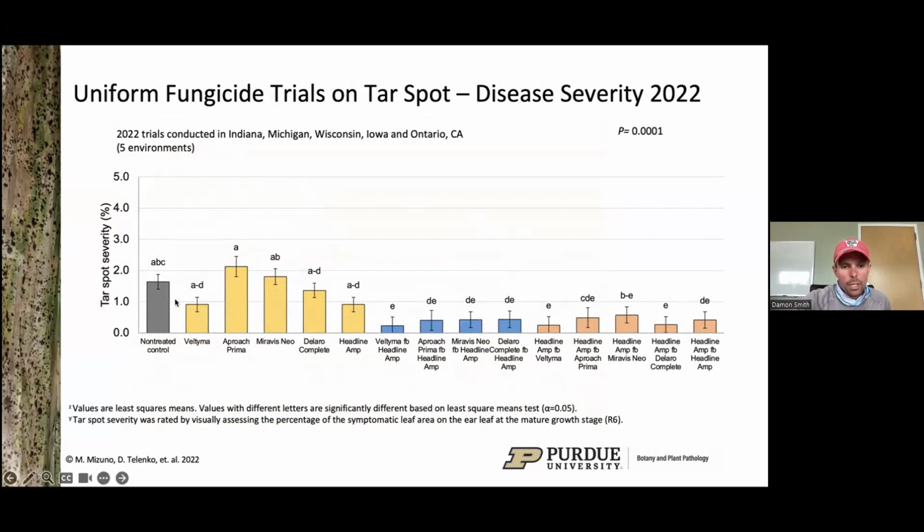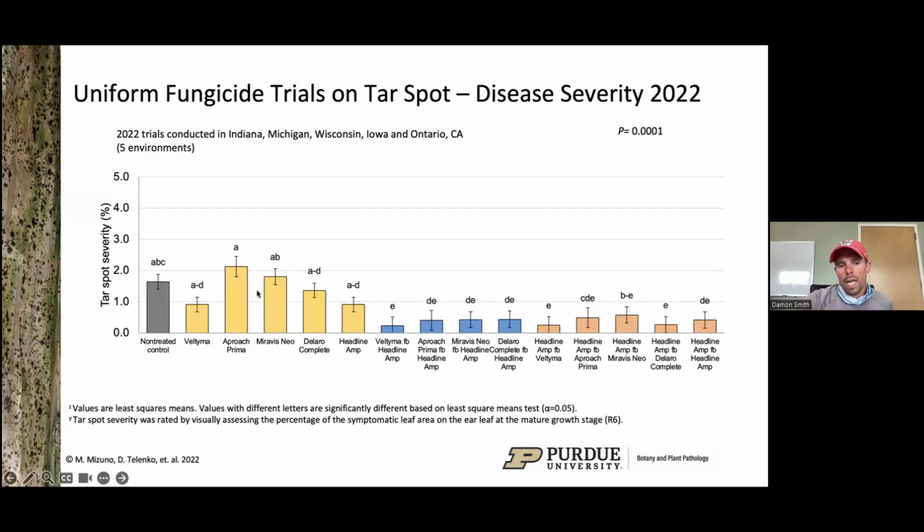Here's the non-treated control. You can see the gold bars here. These are the single passes at VT/R1. And then we've got the 2 passes with the expensive followed by a cheaper. And our cheaper product we said was Headline AMP, although it's a very good product, despite the fact that it's a little on the cheaper side. And then here in the peach bars, we have the cheaper product Headline AMP first, followed by the more expensive products. And I would argue there's really no difference in which comes first. We saw very similar responses.